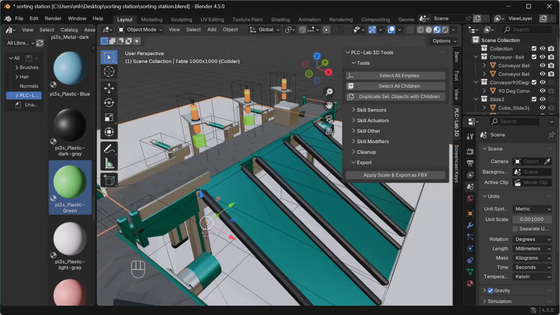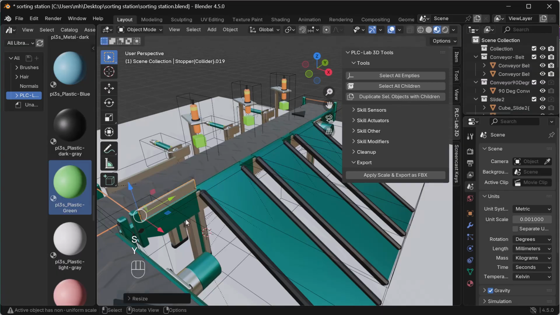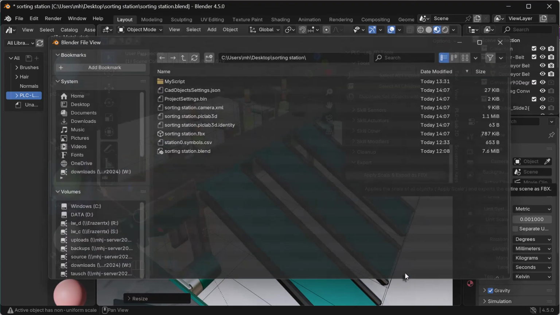First, we delete the cube by selecting it and pressing the delete key. Then we select the side guard and press S for scale and Y to constrain it to the Y-axis and shorten the object. Now we export it again via the plugin and switch back to the 3D Studio.